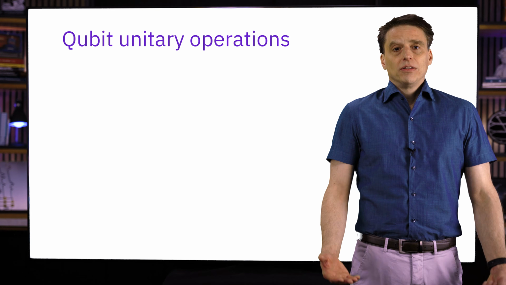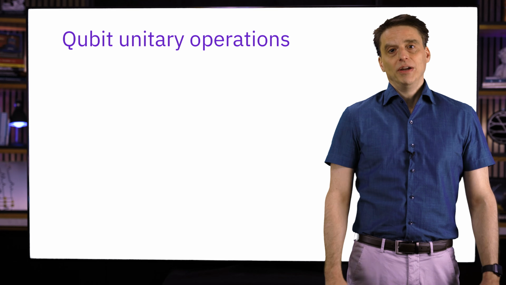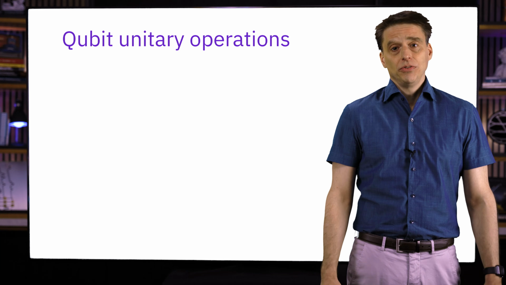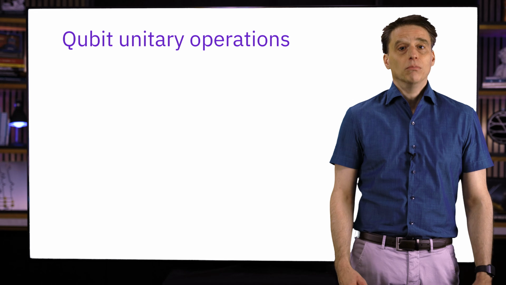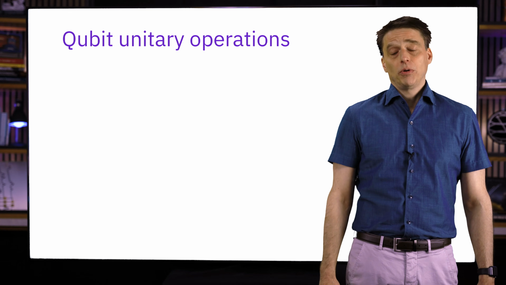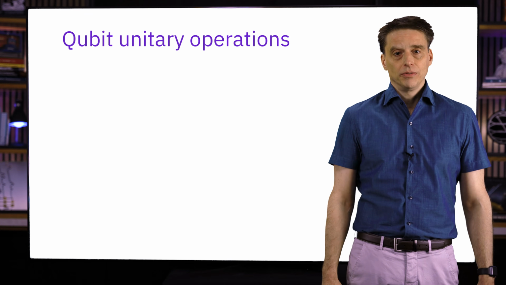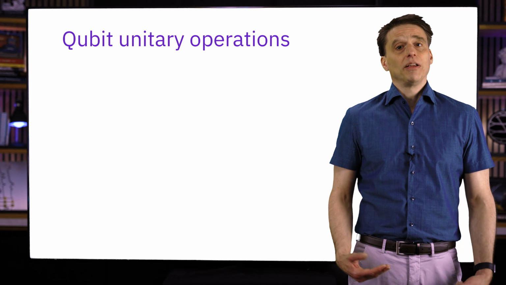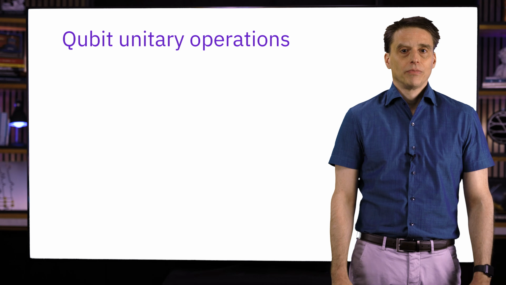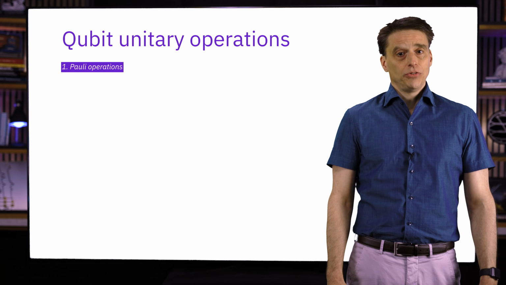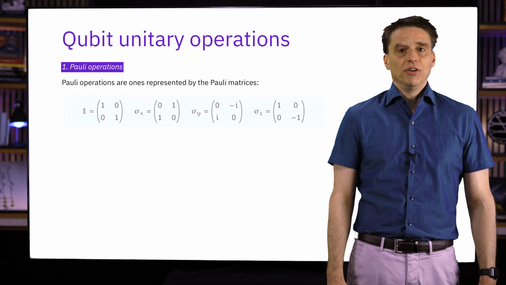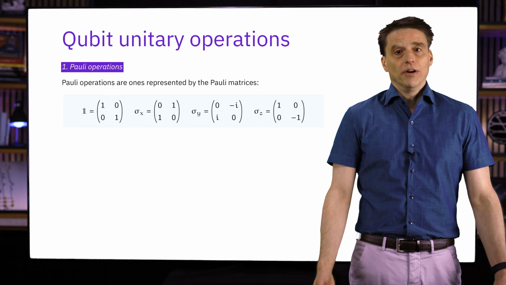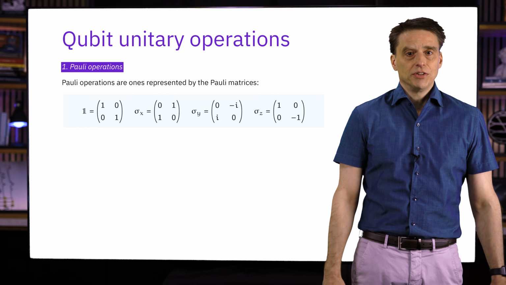Now let's take a look at some examples of qubit unitary operations. We'll see many more examples of unitary operations in subsequent lessons, including unitary operations on systems having more than two classical states. But for now, we'll focus just on qubit unitary operations. We're going to be seeing these particular examples arising again and again, so it's definitely worth getting to know these operations. The first collection of examples are the so-called Pauli operations. These are the operations that correspond to the Pauli matrices, which are shown here. They're all unitary, and you can check that for each one according to the definition from before.